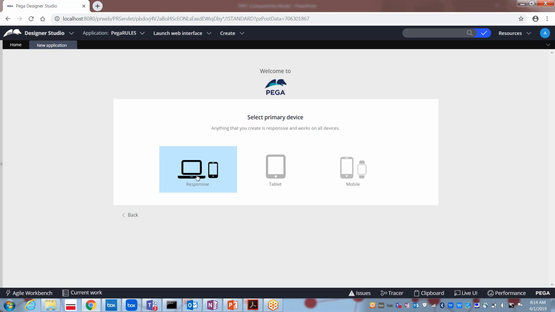I want to target all the audience. I don't want to target only specific people, like those accessing the mobile or the tablet. So in that case, we can select responsive. Responsive means your application will be accessed by all the devices and it is going to adjust accordingly.